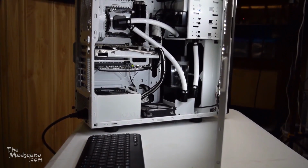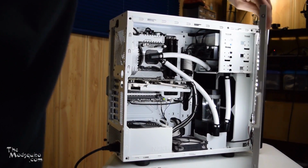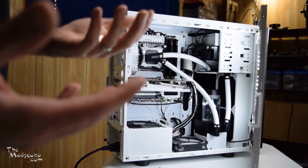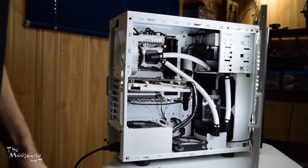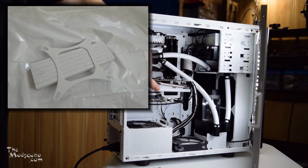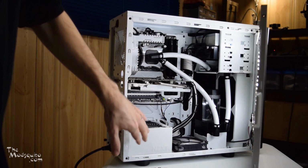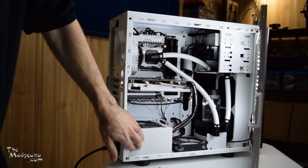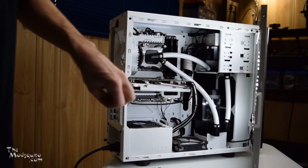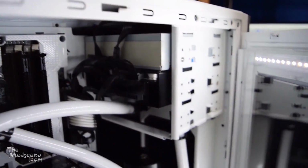The motherboard that I'm using is an Asus Gryphon, which is the Z87. It's got an i7 4770K in it. That was 2013, so that's kind of what it was. But yeah, so I painted the armor on that white. I painted the ring on my CPU cooler white, and I painted the shroud on my graphics card white. I got an NZXT power supply because it was also white. So basically I made everything in the case white with black accents. Managed to get 2 SSDs and a hard drive and a Blu-ray drive in there, and my